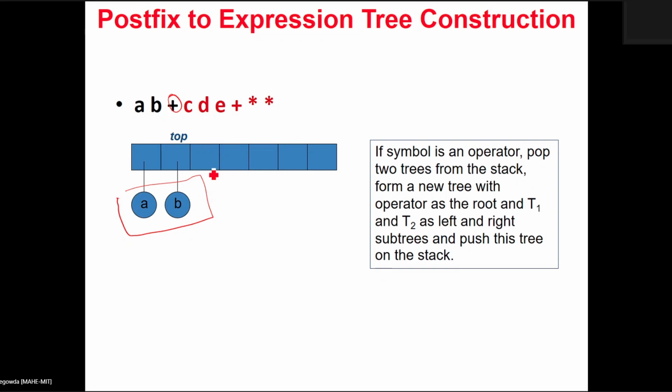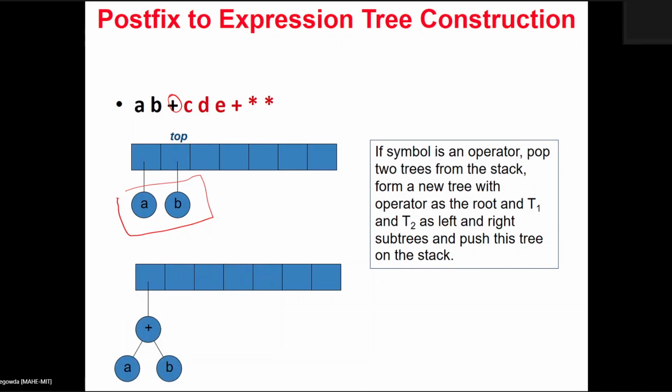Then create one more new node, and add A and B as the left and right child of that node. So when an operator comes, I create a new node, pop the top of the stack twice so that I get node A and node B, add A as the left child and B as the right child, and again this resultant tree should be pushed onto the stack.